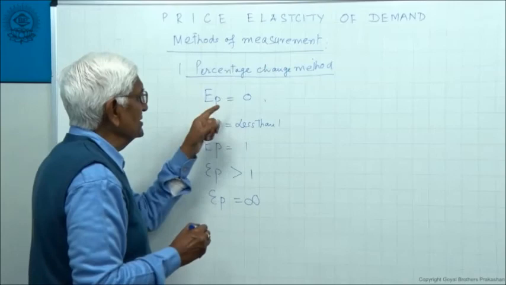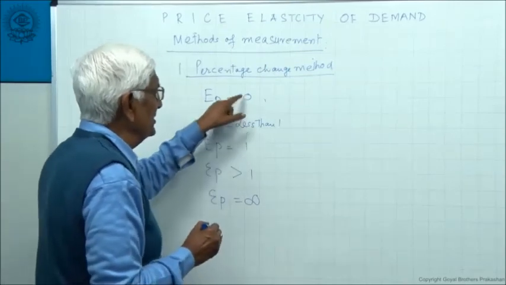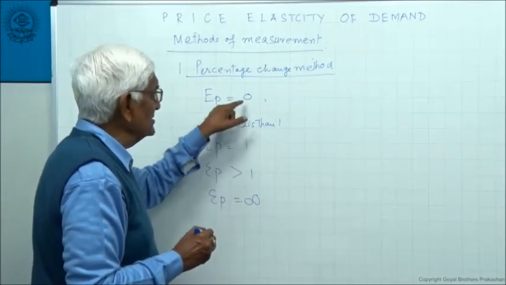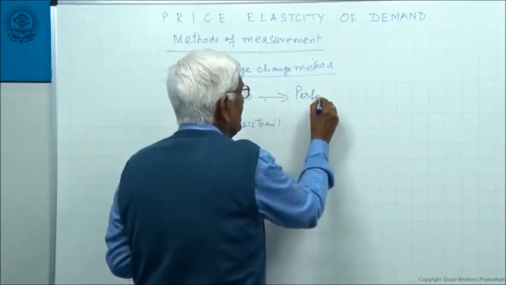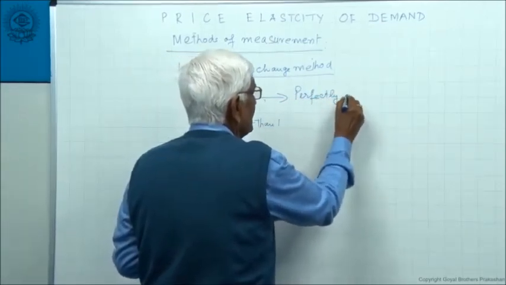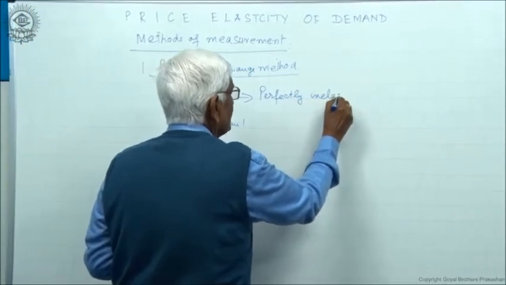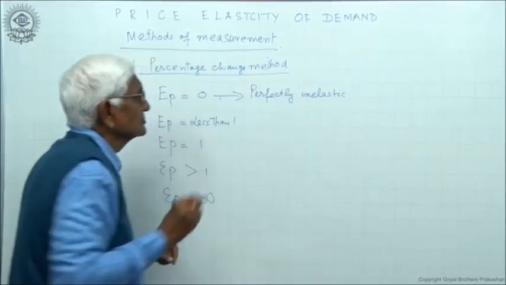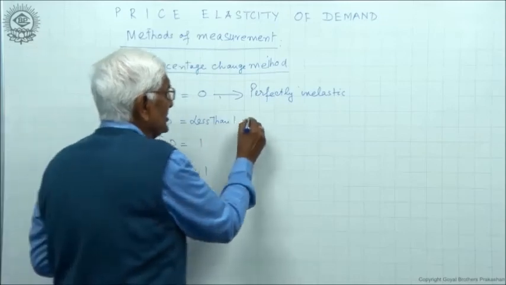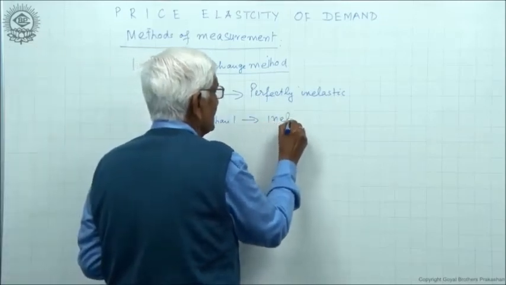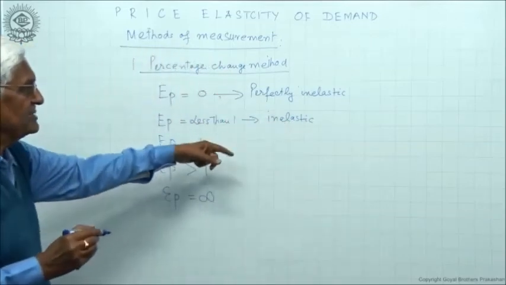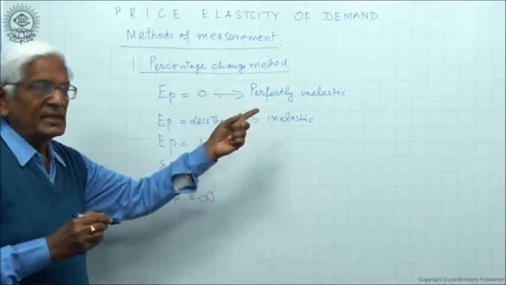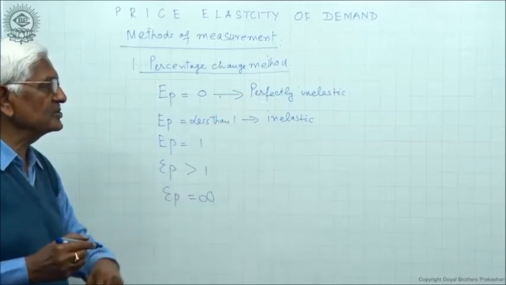Since this is inelastic, this is inelastic, both are inelastic, but since this is extreme, we call it perfectly inelastic, and we call this simply inelastic. Both are inelastic, ये भी inelastic है, ये भी inelastic है, लेकिन क्योंकि ये एक्सट्रीम वैल्यू है इसलिए हमने इसको